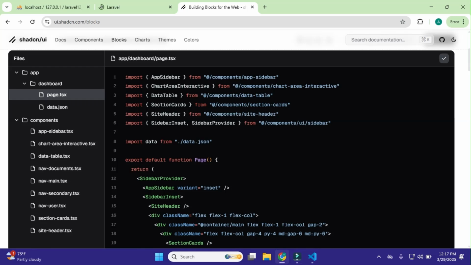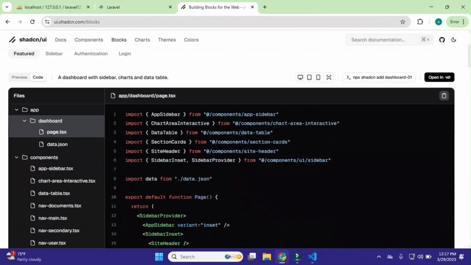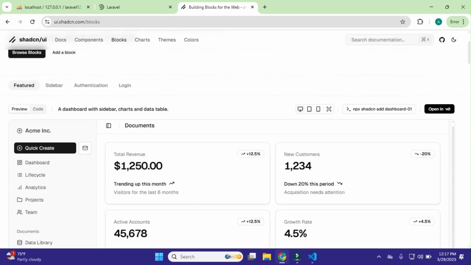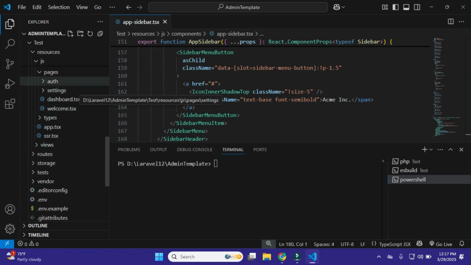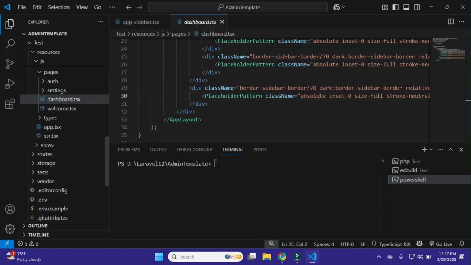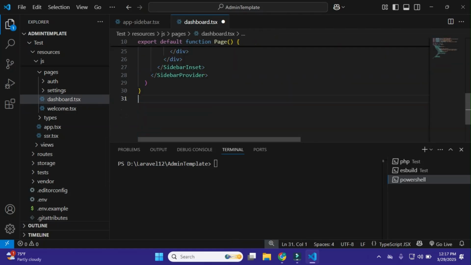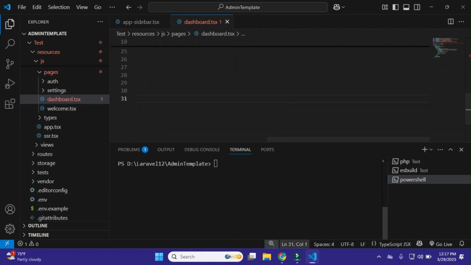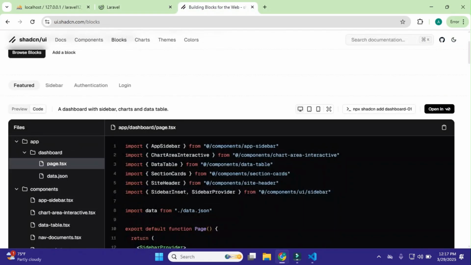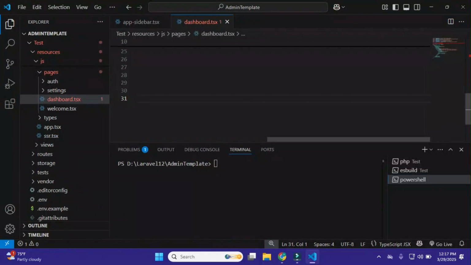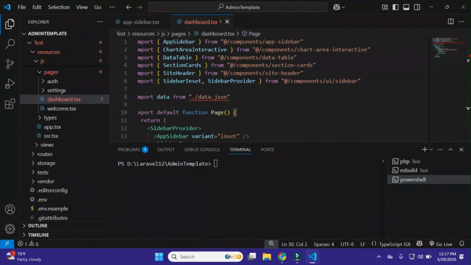Just copy this code, we want this dashboard on this dashboard page, and for this just go to pages, and on the pages go to dashboard.tsx and paste this code here. Just copy all this code of page.tsx and paste it on the dashboard.tsx page.